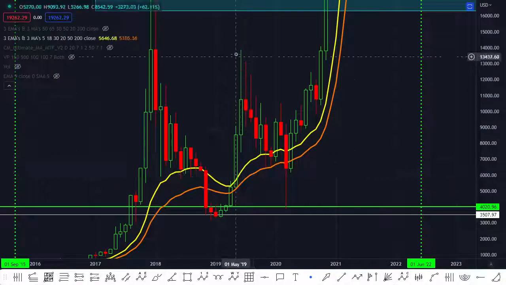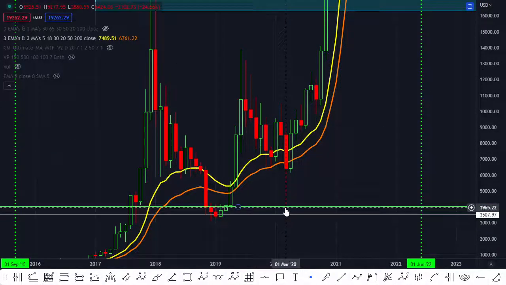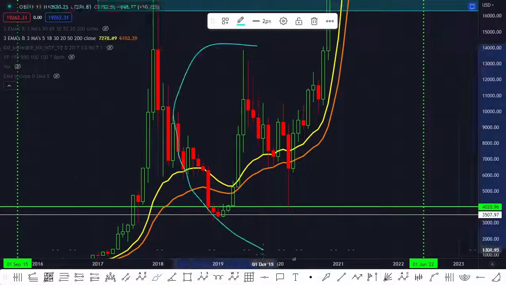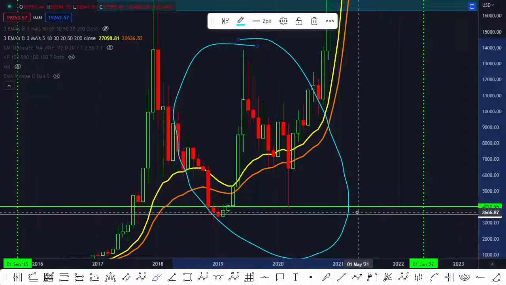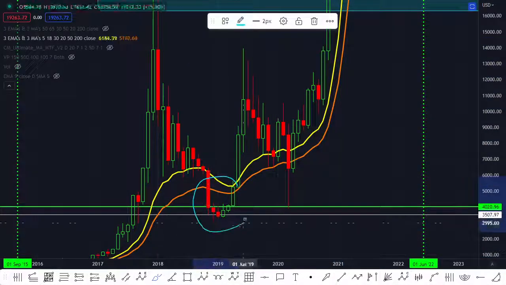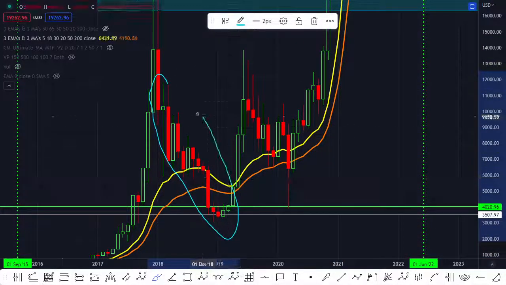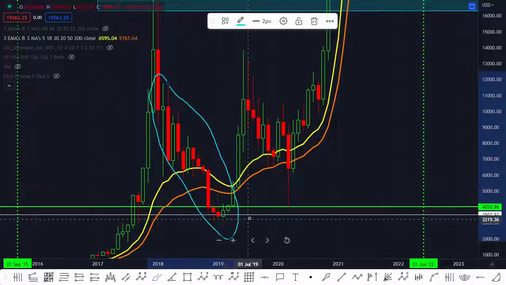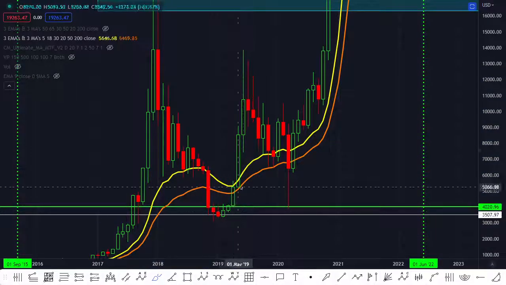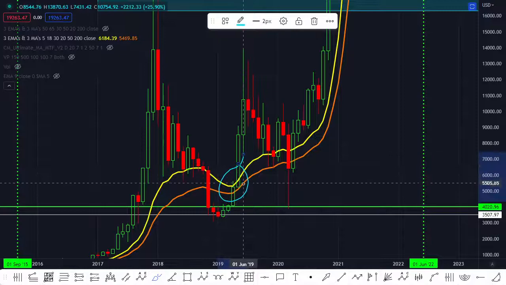Now, even though we did rip into this, which was the start of the new bull run, by the way, we had a strong dip to the downside because it was a wave 1 with a wave 2 drop. So this area right here was not a bear market situation. This was the bear market. And the bull run beginning was right there. This is where your bull run started.